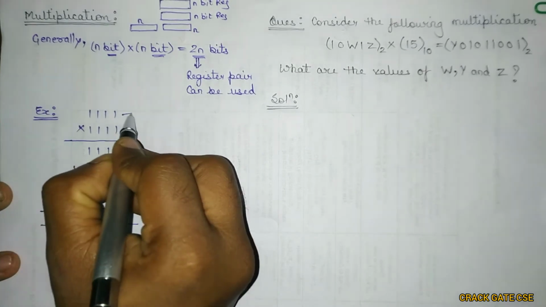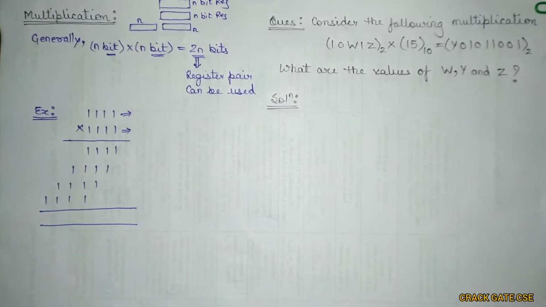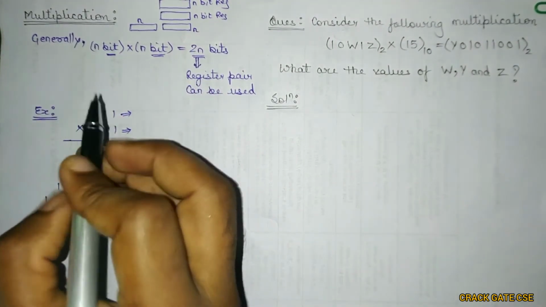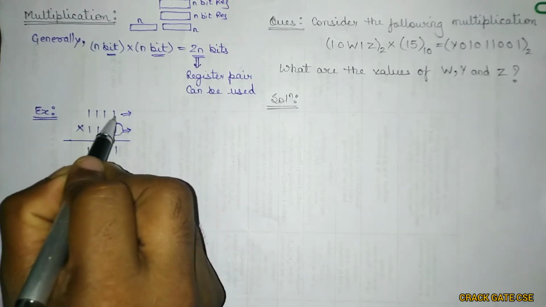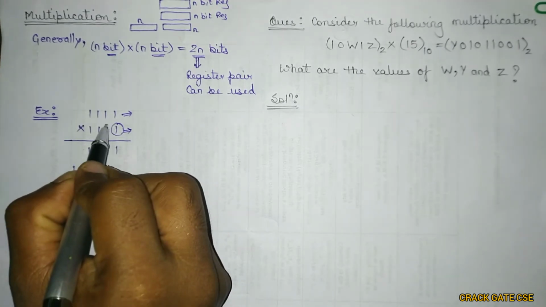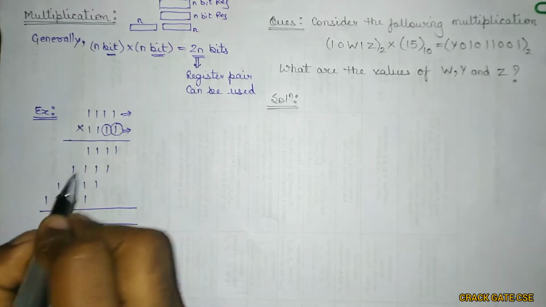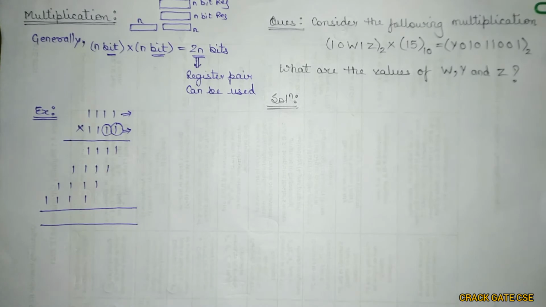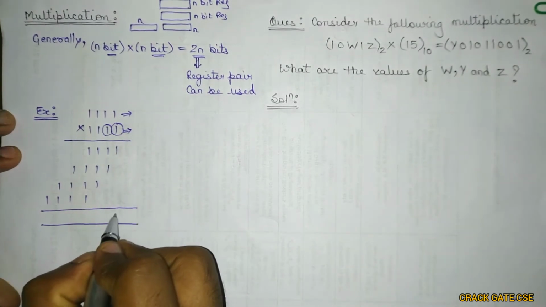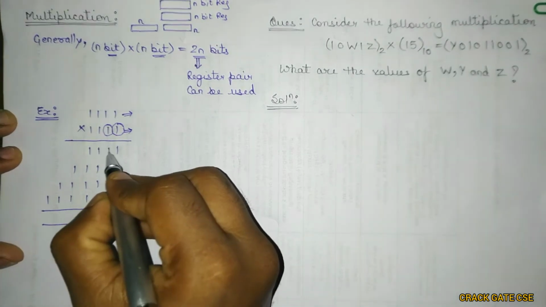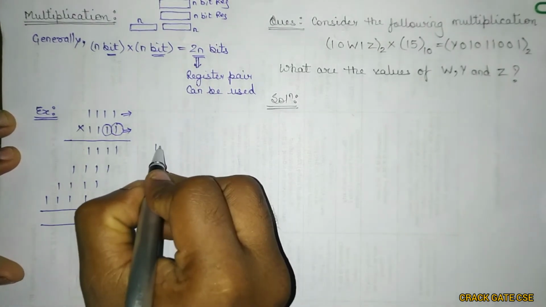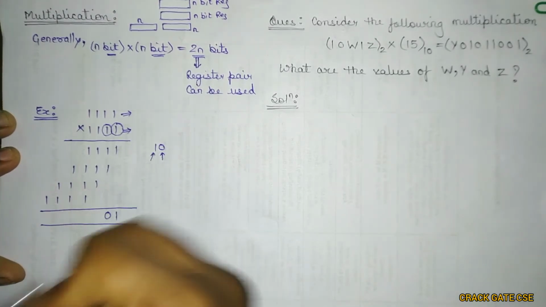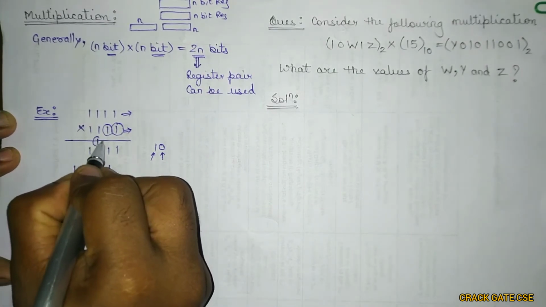Now let's say these are the two values that I have to multiply together in binary form. This is just the same as decimal multiplication. So this one will be multiplied with all of these, and it will give you this one. Similarly, this one will be multiplied with all of this, and will give you this one. Similarly for the third one. Now the problem comes in the addition. So this is 1, I can directly write it as 1. This is 1 plus 1, which is 2. 2 is 10, so this 0 will be here and this 1 will be carry. So I am writing this carry here.